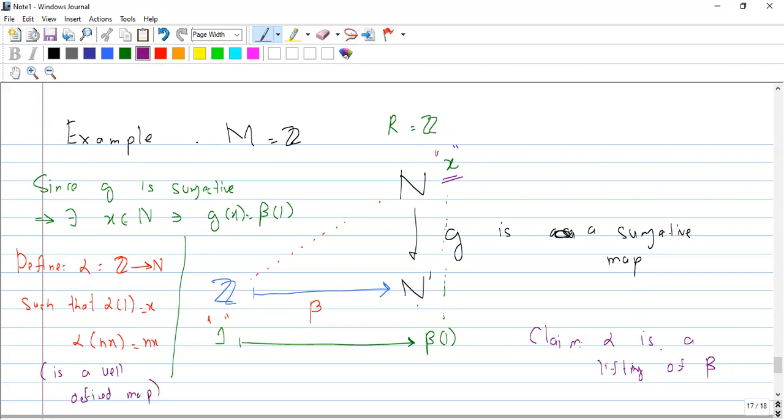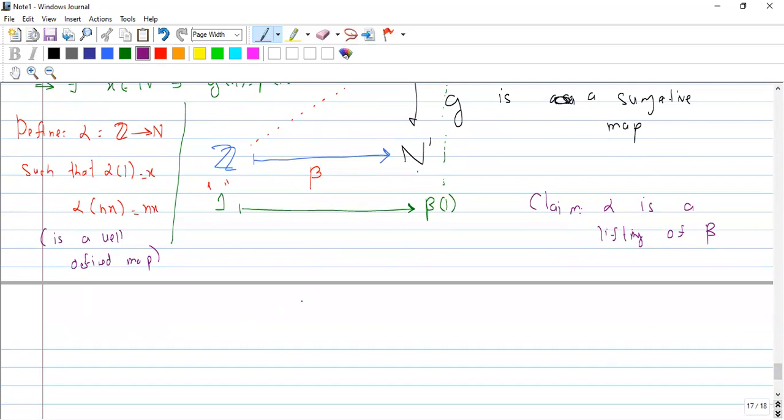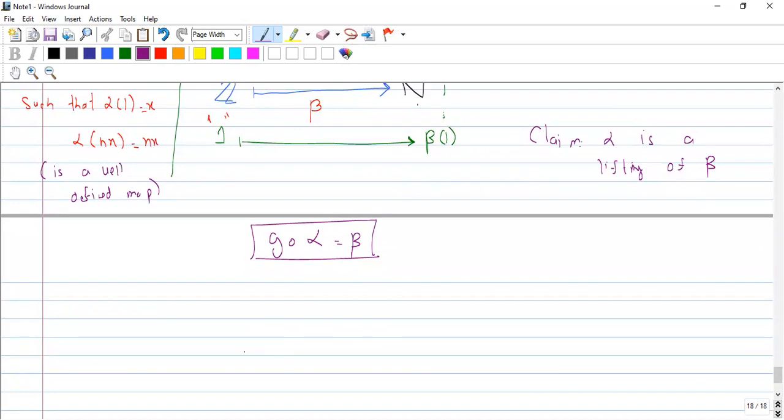Now, what is my claim that this alpha is a lifting of beta? Now you can check easily. But why this alpha is lifting of beta? Because what I need to prove कि जब मैं पहले alpha अप्लाई करूं and then g अप्लाई करूं तो आंसर बीटा आना चाहिए। तो चले पहले यही काम हम 1 के साथ करते हैं कि 1 का इमेज मेरे पास क्या आएगा, x आएगा, और x का इमेज मेरे पास बीटा ऑफ 1 आ गया।